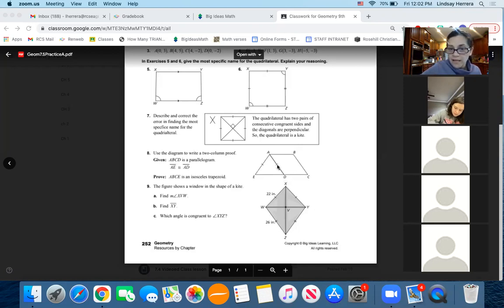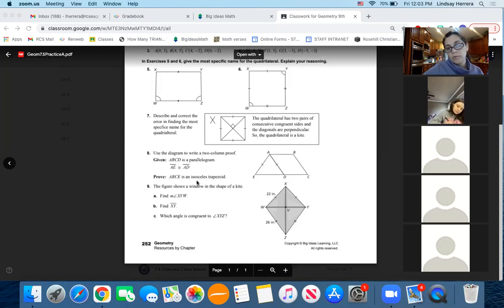That means AD is parallel to BC and congruent to it, and AB is parallel and congruent to CD. Also, our opposite angles are congruent. And then it says AE is congruent to AD, and they've given that. And now they say, prove that ABCE